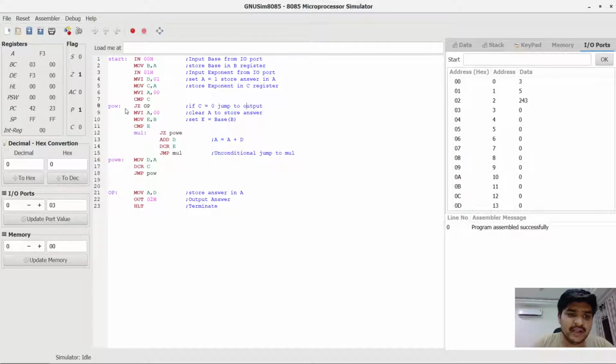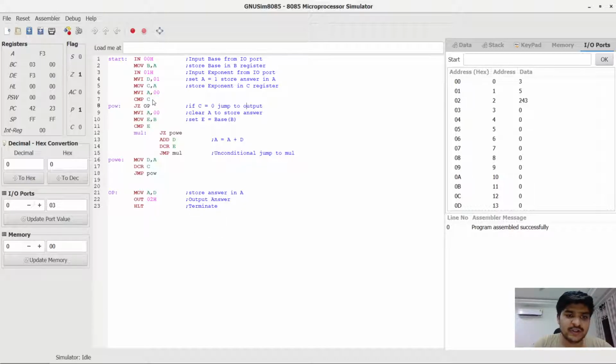Then at the start of the loop we check if the last comparison was true, like if it was 0 or not. If it was 0, then we go directly to the output module, simply put the answer in A and output A. Then we terminate the program.